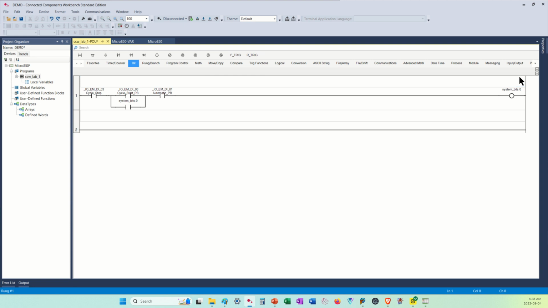There is a box above each rung, and one of the things as a PLC programmer, you know what you did. The next person may have difficulty following it, especially when you get into tags or aliases or addresses or variables with cryptic names like system bits. The next person is going to look at that and go, okay, why does he have system bits? That makes no sense to me. So you can simply type in a comment above it,